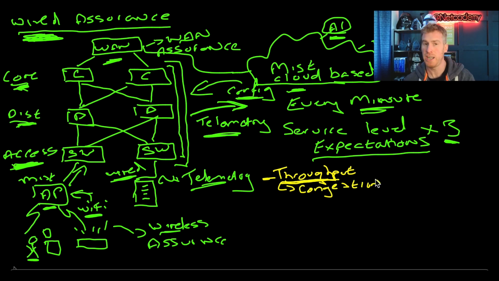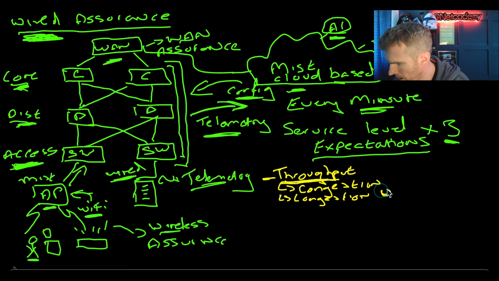One of the first classifiers of throughput is congestion. Congestion here is looking at when all these frames of packets are coming into that switch, they're going to go into a queue, they're going to be shaped, they're going to be policed. And congestion is looking at, on the output interface, what is the number of frames or packets that are actually being dropped, and how is that impacting user experience. But there's also congestion on the uplink.